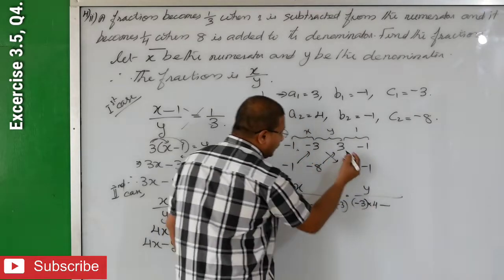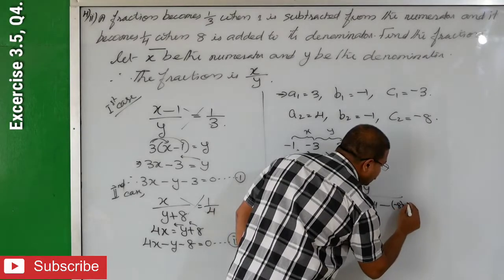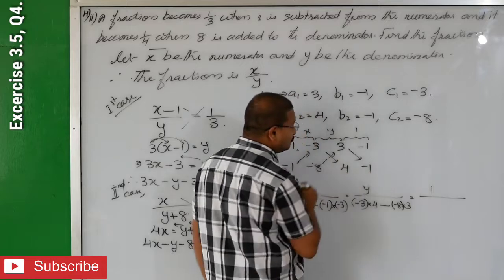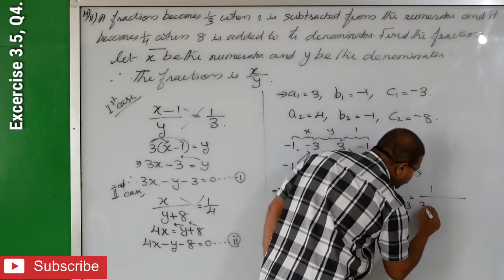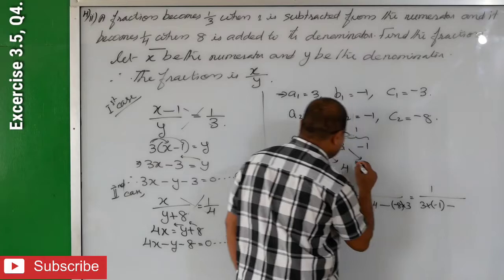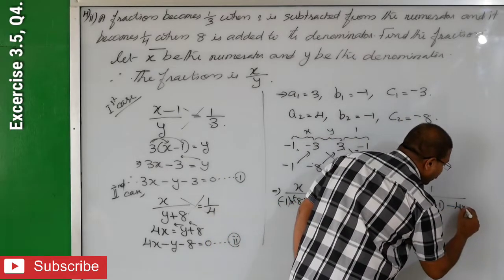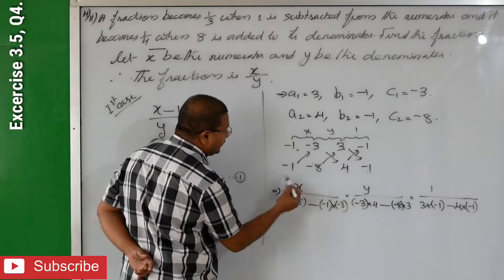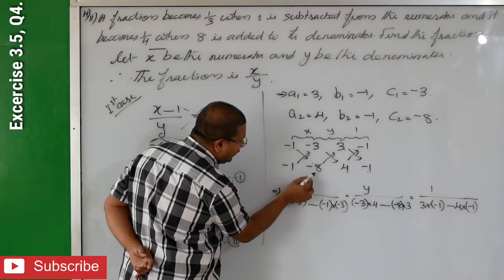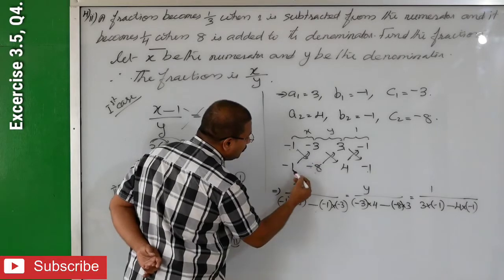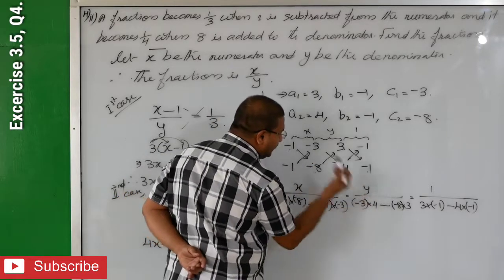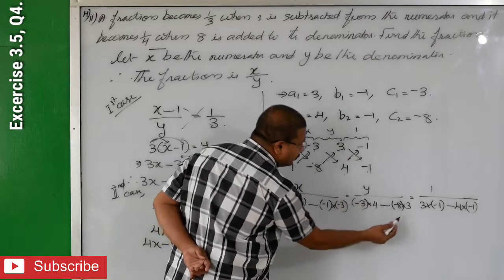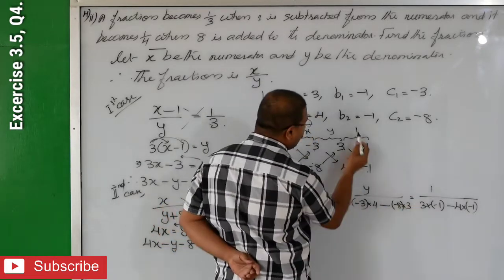What is that? Minus 8 into 3. Ready? Equals 1 divided by this 2. What is that? 3 into minus 1 minus this 2. What is that? 4 into minus 1. See what we have done? X divided by this 2. What is that? Minus 1 into minus 8 minus this 2. Minus 1 into minus 3 equals y divided by minus 3 into 4 minus 8 into 3 equals 1 by